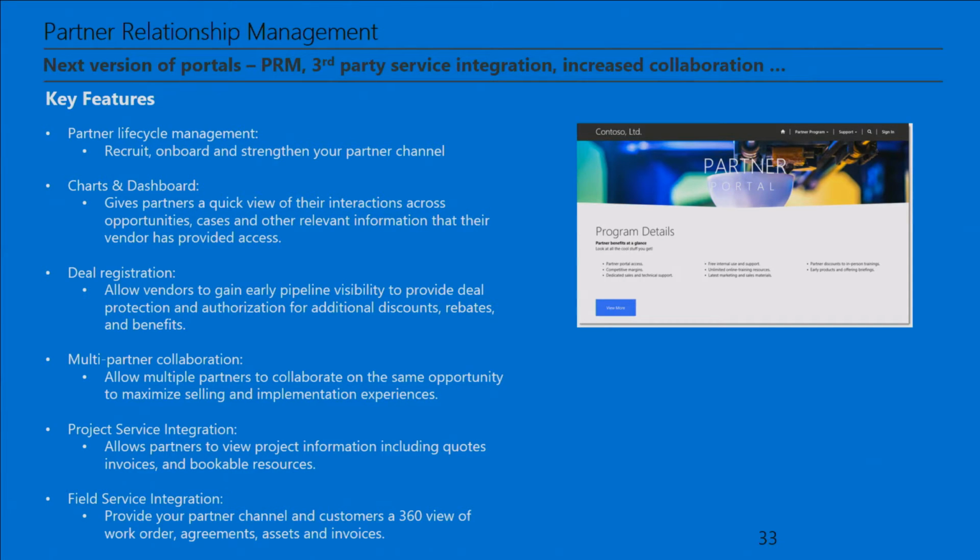Multi-partner collaboration is also important. Now, some people think multi-partner collaboration is two competitors collaborating, and that's not where we're targeting this. This is where, for instance, if you're in the Microsoft ecosystem, you may have a licensing partner and a system integrator as two different partners that are working collaboratively on the same deal. So those are the types of scenarios we're looking to enable. We've got different partners of different types in the industry that are going to work together on that deal.